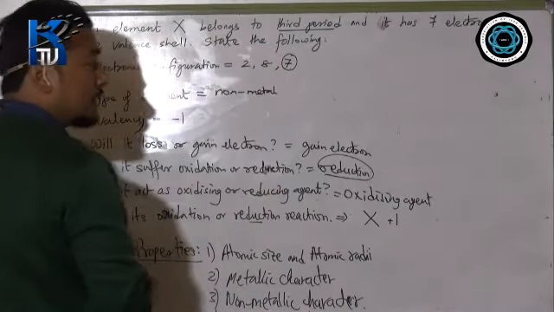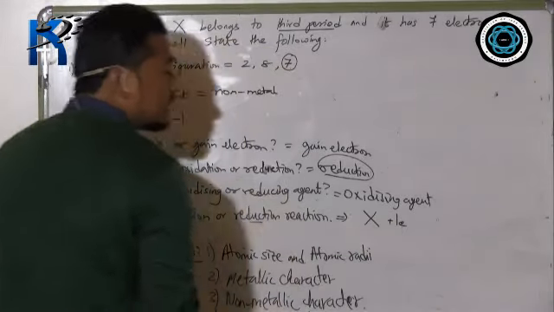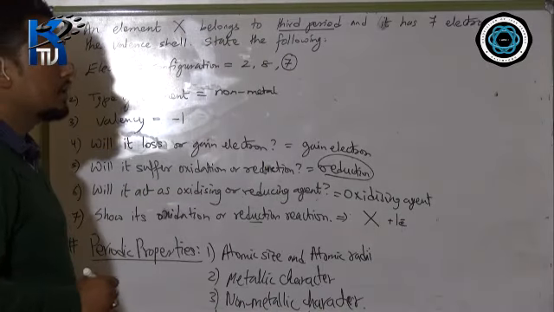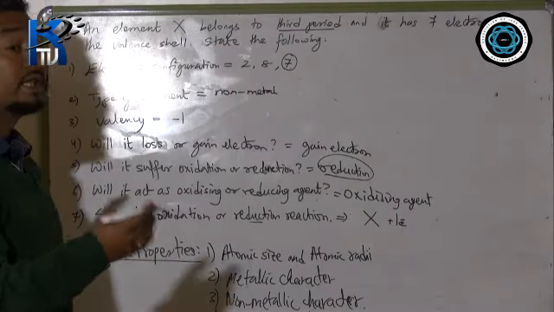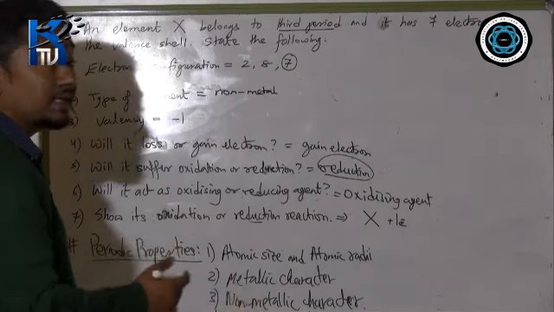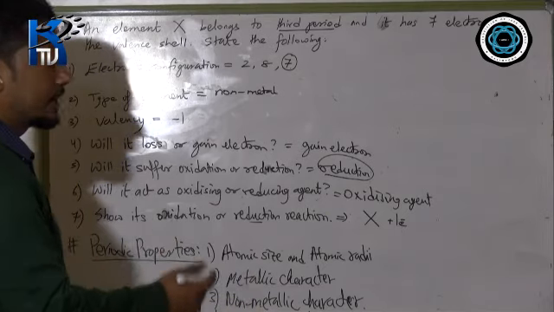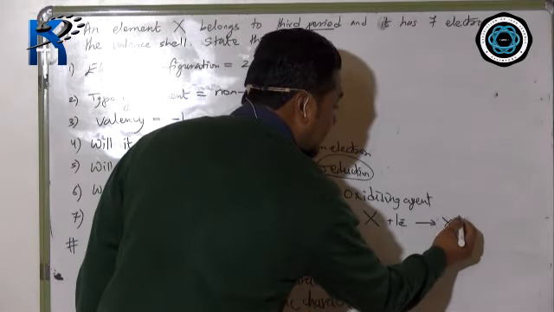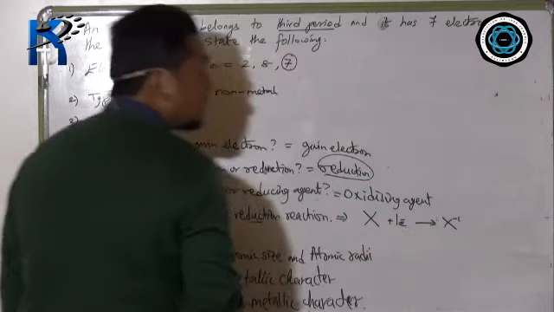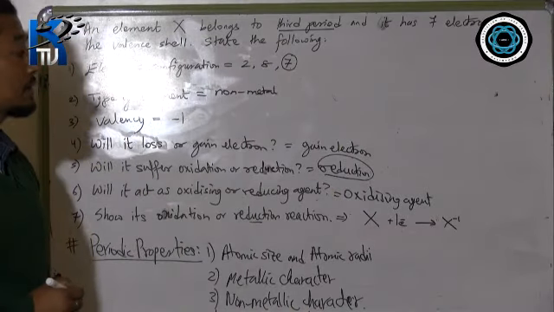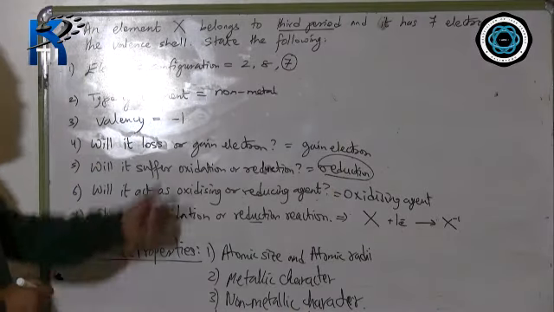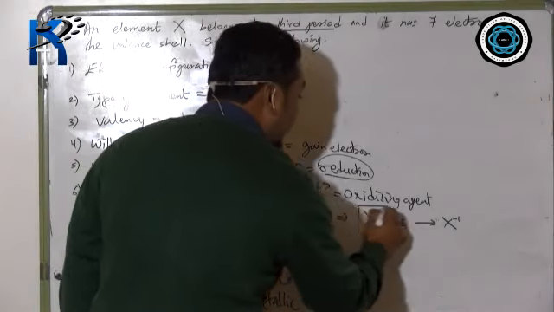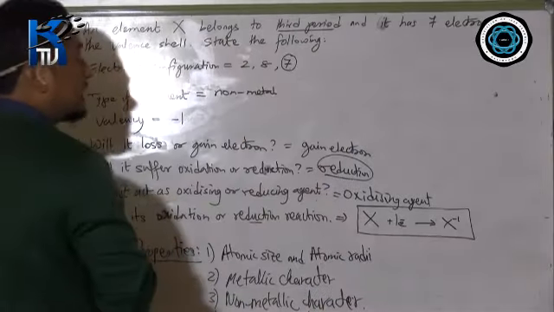1 what? Electron. Electron charge is what? Minus. So X has 7 electron in the outermost, so therefore it is a non-metal, so it gains 1 electron. So plus indicates gain 1 electron. As a result, it will convert into X minus 1. Why minus 1? Because it is gaining 1 electron, so it will develop minus 1 charge, and that is actually the valency of the element. And this is the reduction reaction of the element X.